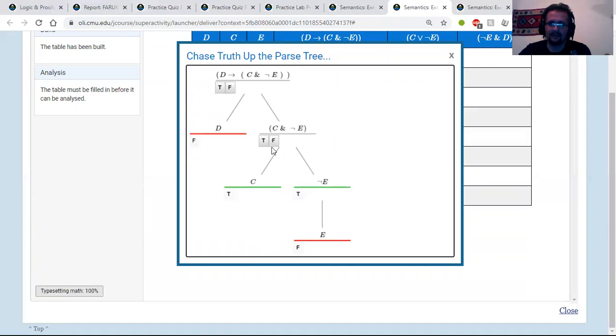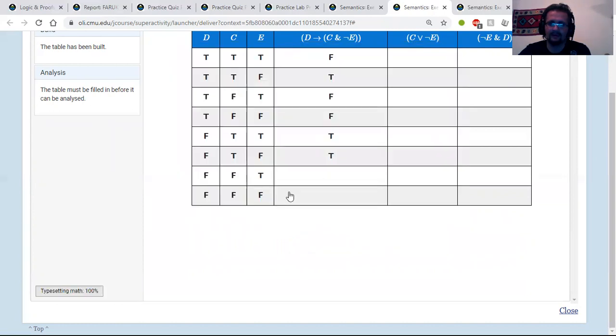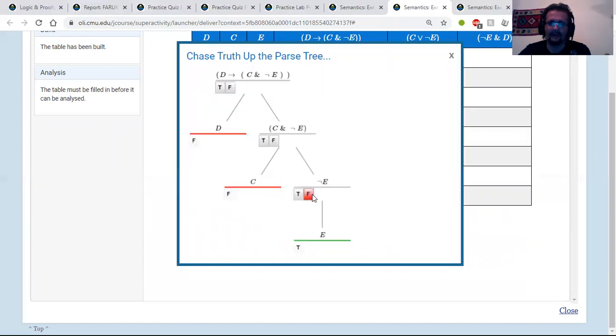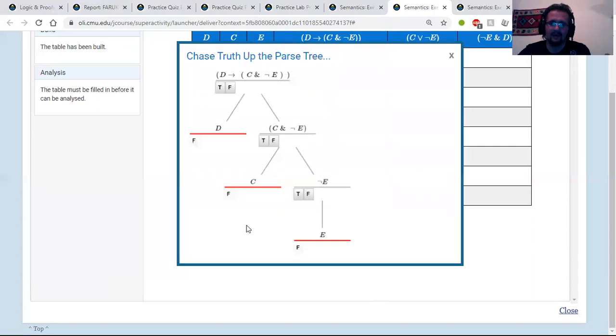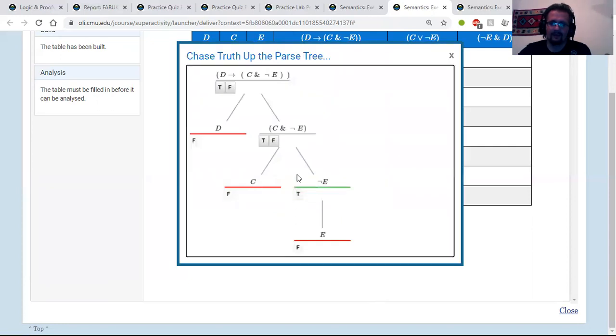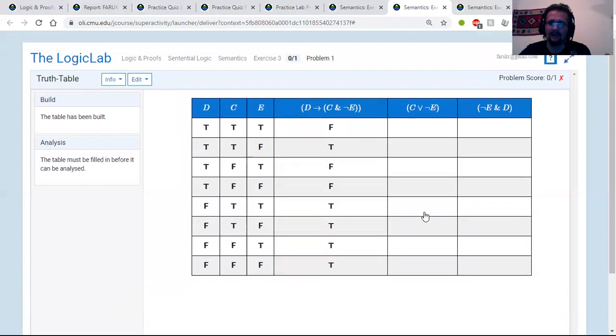Negation here gives us truth. That means that the conjunction is true. False and true is true. Negation of truth gives us falsity. That means that the conjunction is false. If false, then false gives us a true conditional. True, but it doesn't matter because C is false, so the whole thing is false. False and false is a true conditional. All right, that's interesting. Let's take a look at the